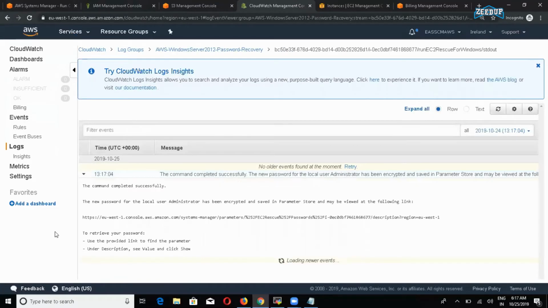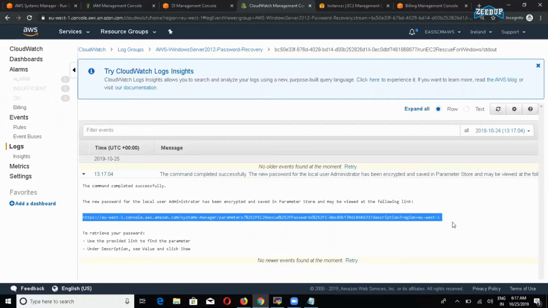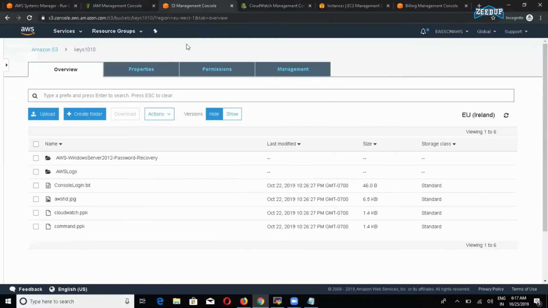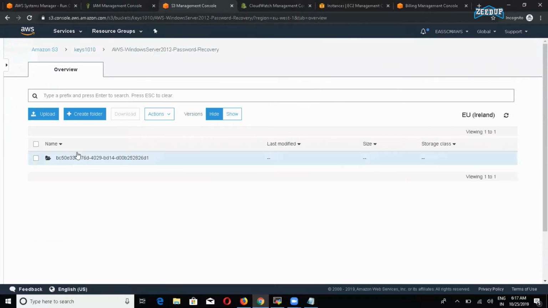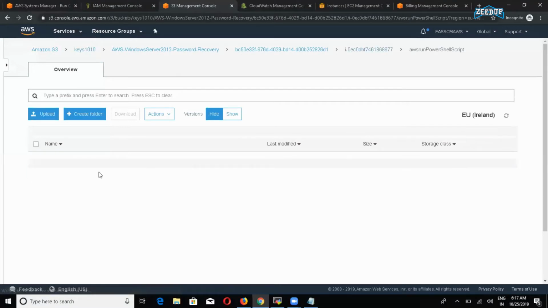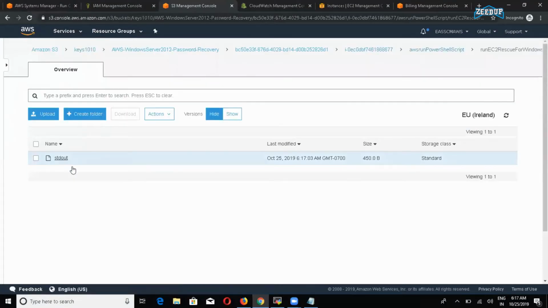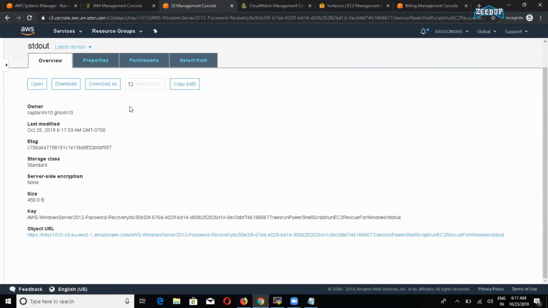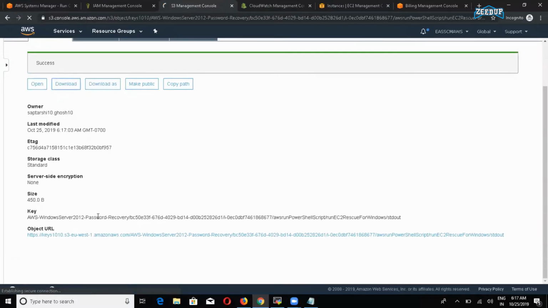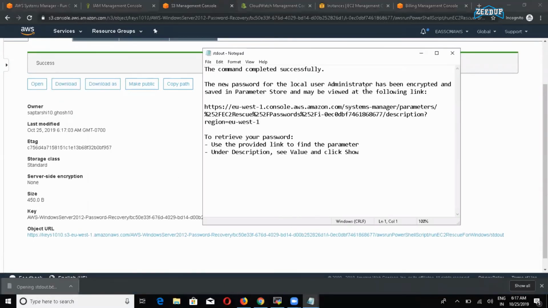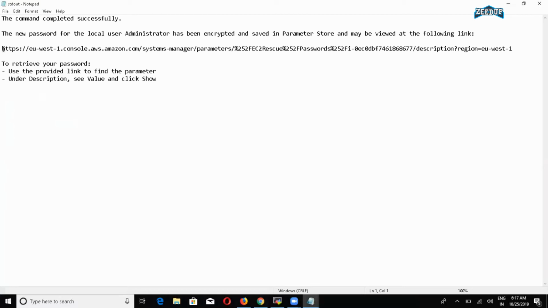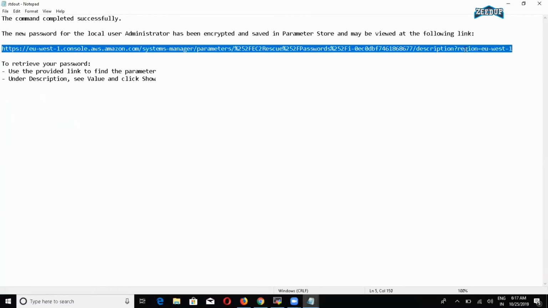Okay, so here you can see we got the link here. There we go, the recovery link has been given by AWS. That is the password. Okay, let me check in Amazon S3. There you can see the instance ID, and there you can see PowerShell, and there you can see make public and download, and there I got the stdout file, and there you got the link. Copy the link and go to the browser and paste it here, where you will be getting